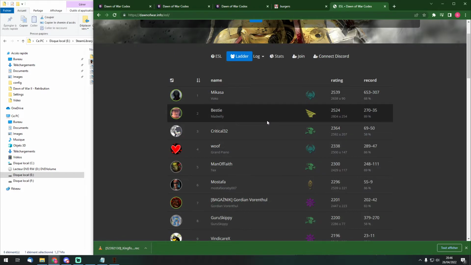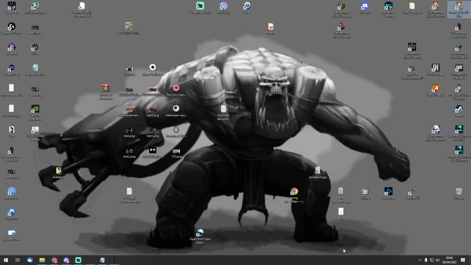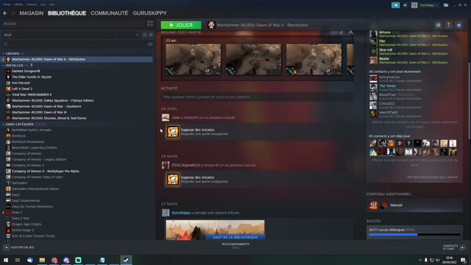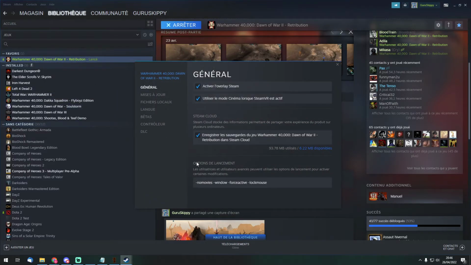Okay, and last thing I wanted to talk to you about is the Windows mode. You can play Dawn of War 2 in Windows mode, but you have to do two things. First, you go to your Steam application, to my games, you go to here, properties, and here to the launch options. You have to put this. So no movies is optional, we don't care, but you have to put this